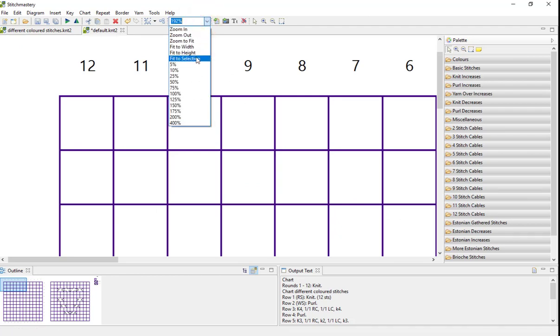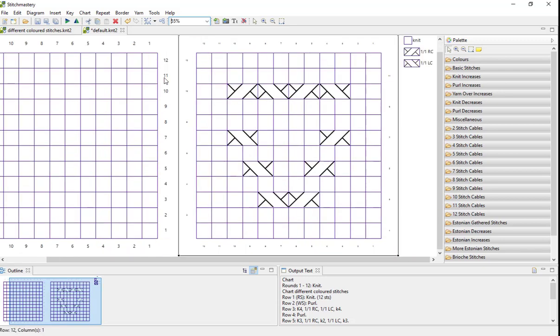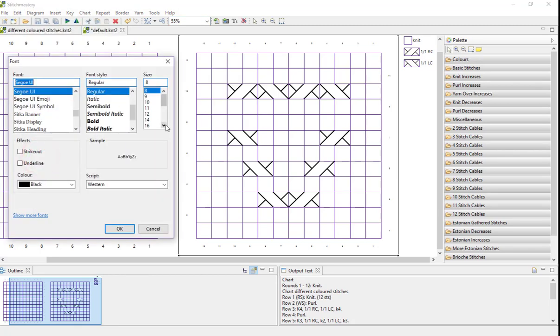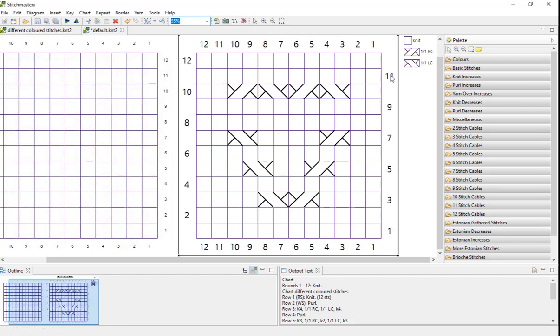So again you're going to want to zoom to fit some way or another, and you'll note the difference in font size. So you remember that in this chart we changed the font to size 8, and the original size font size 16 is on this chart here, but we can always change it up a similar amount, so doubled the cell size, so let's double from the original font size up to size 32, and again it's in a more normal ratio to the cells.